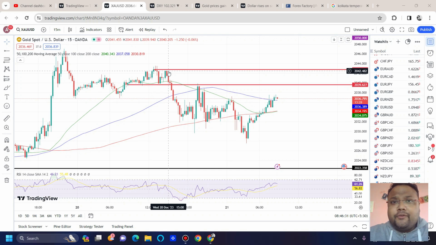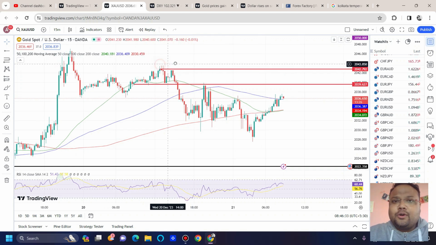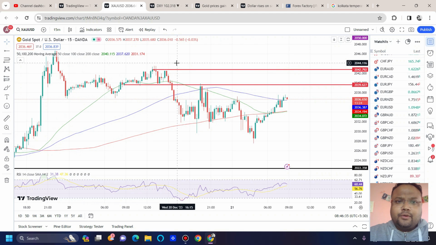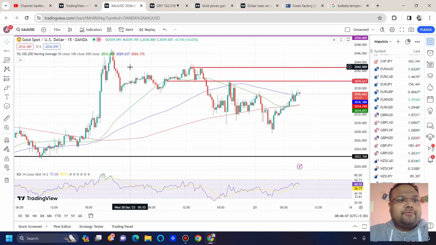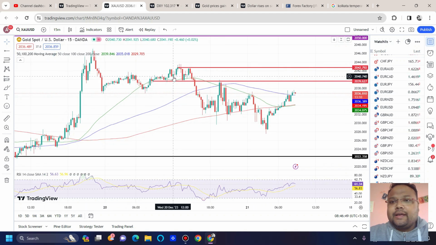So if you're also a day trader, then yes, it's time to switch to a lower time frame. And if you don't want to trade, that's a good decision. This is a festive season right now, so you should spend some nice quality time with your friends and family. So this is the 15-minute chart of gold in front of us,